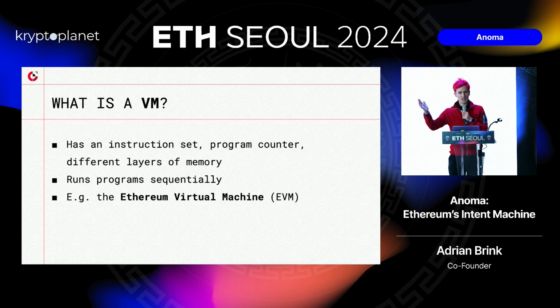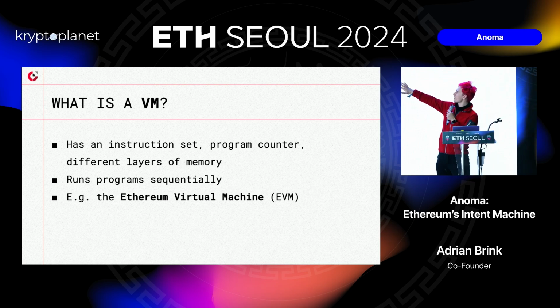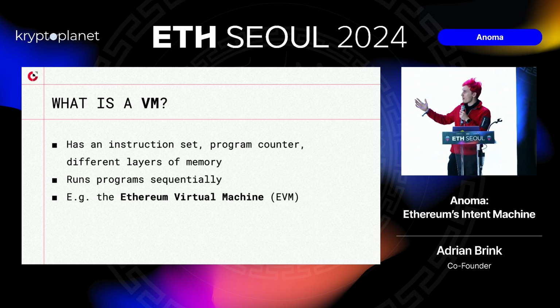Over the years there have been many different attempts to build different VMs. For example, you have now the Solana virtual machine, you have the Near virtual machine, right? You have many of these different virtual machines, but especially within our ecosystem here, the predominant VM that's actually deployed in practice, on Ethereum main chain as well as on most of the rollups, is really the EVM.